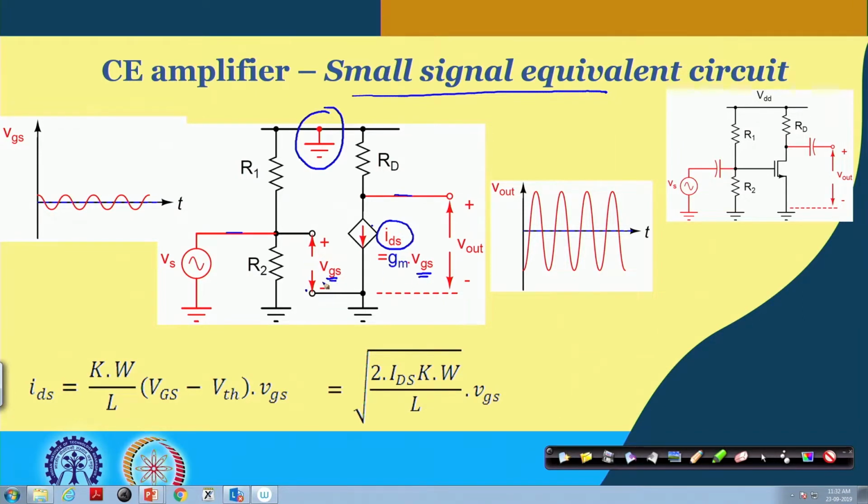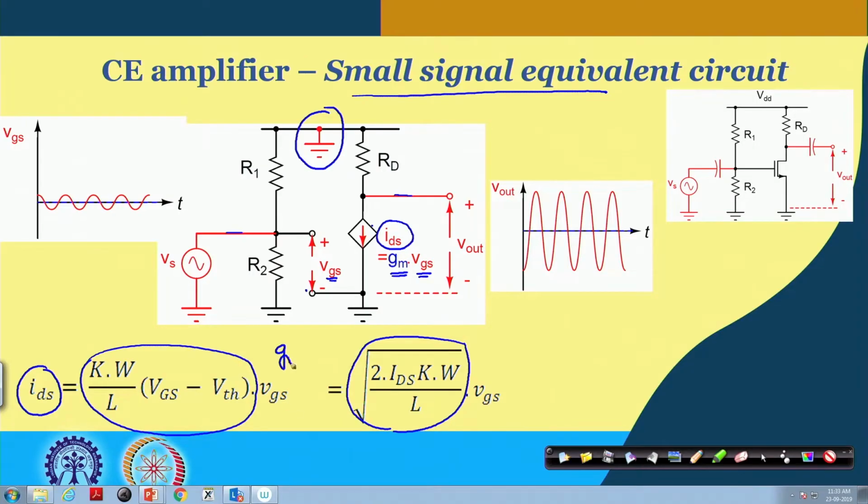So, the VGS is given here, and this is a linear function. So, the linearity is defined by this GM. So, the expression of the IDS, it is given here. This part is the GM, as I was telling before, or we can have another expression of the GM here. So, that is the expression of the GM, and then whatever the output we are observing here, that is the